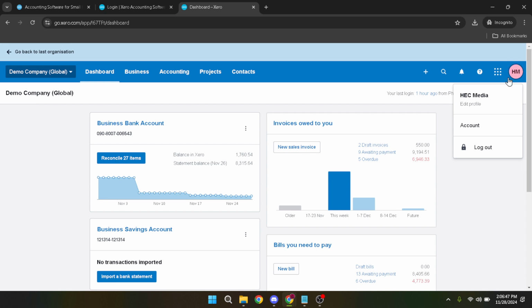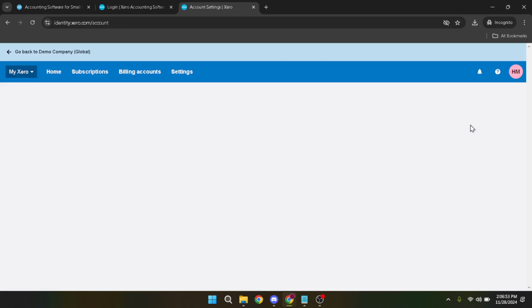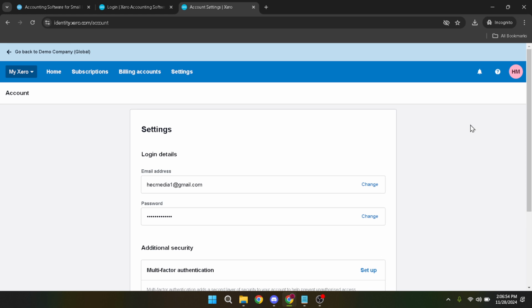Here you'll notice an option labeled Account. Clicking this leads you to the Account Settings area, a hub for various account management features including security settings. In the Account Settings area, you'll find an option for setting up additional security measures. Look for a link or a button that indicates Set Up in relation to two-factor authentication or similar terminology. This feature is what we're here for. The extra step in making sure that your account is as secure as it can be.